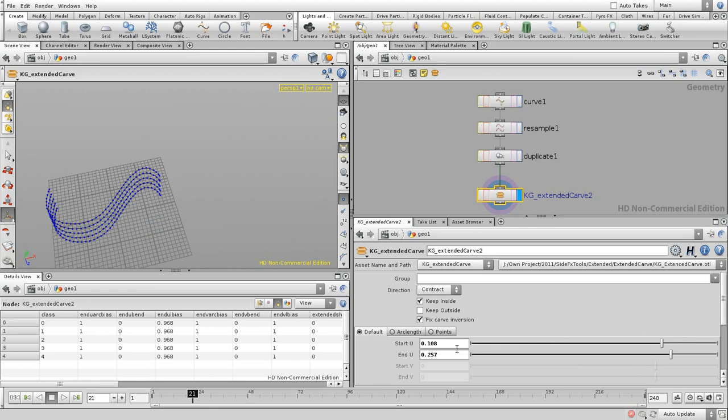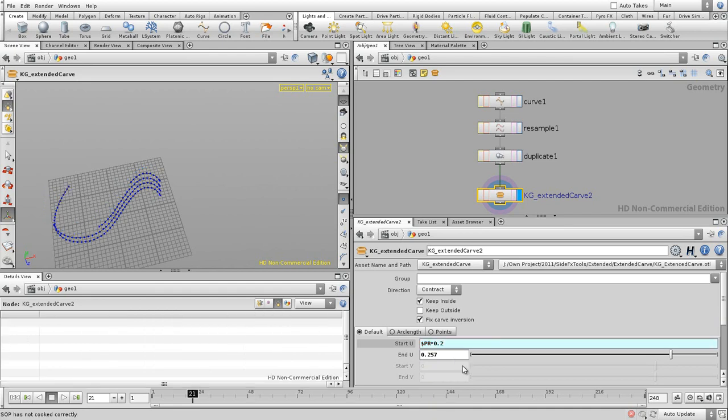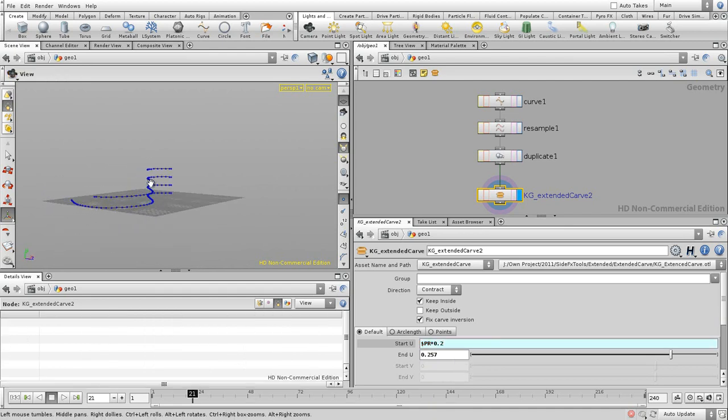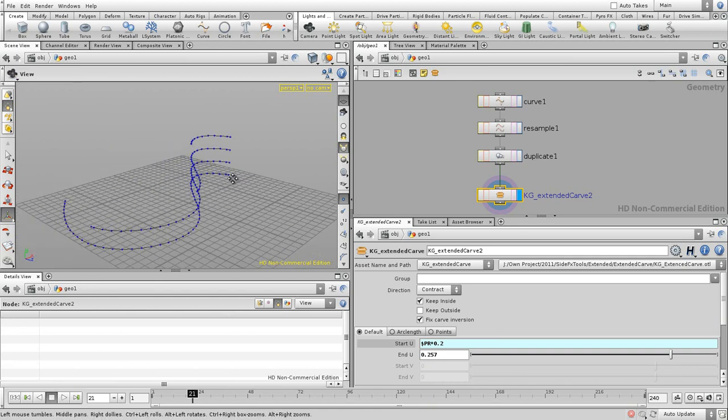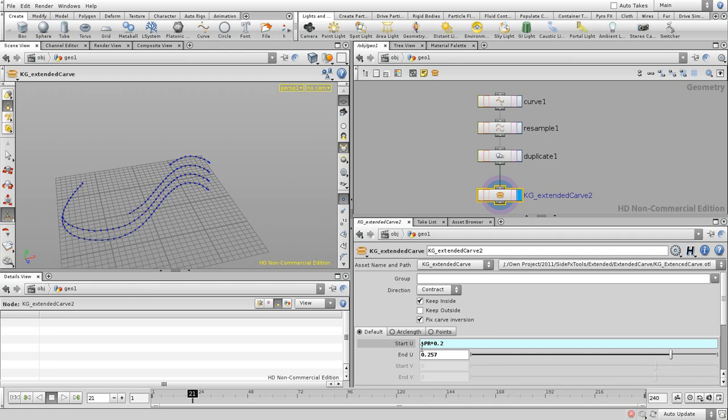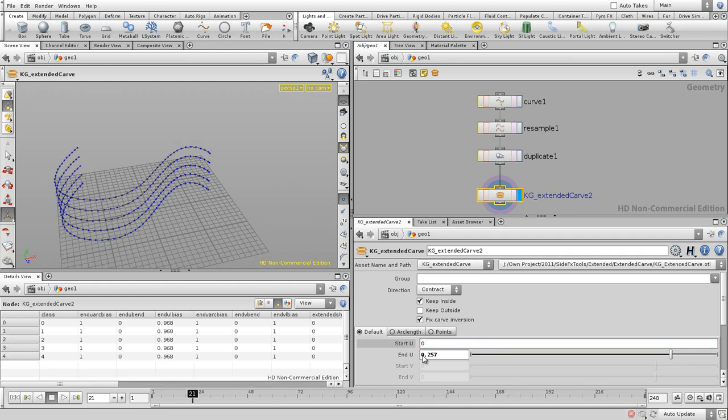Something else you can do over here is use primitive attributes. So for example, I'm going to use $PR times 0.2, and as you can see, each of the curves is using the primitive number to change the curvature length. Okay, let me remove this back